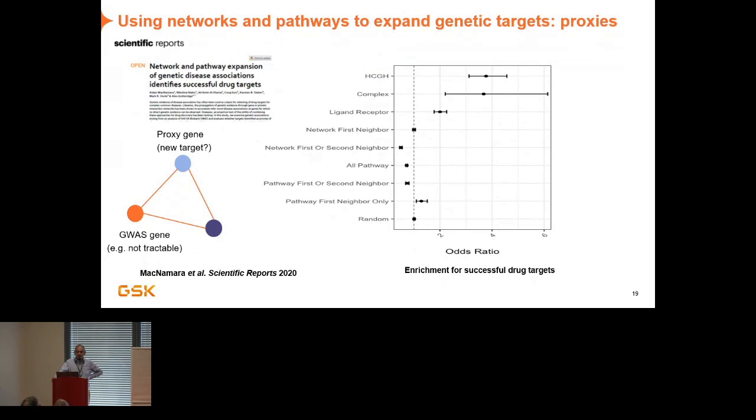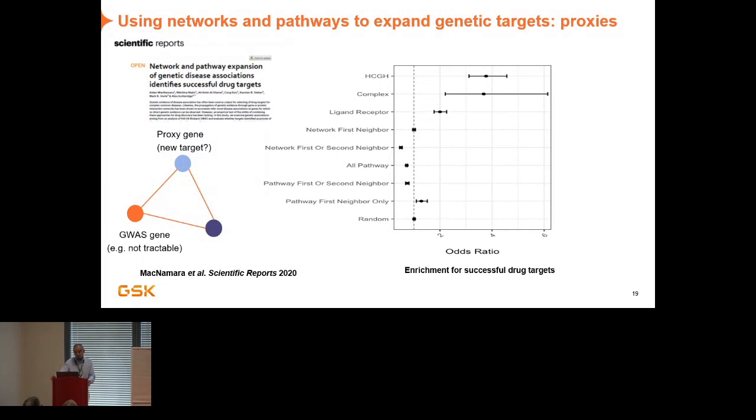The way we are thinking about it is that we can have what we call a GWAS gene, a gene we are confident is the gene, given the genetic signal for a certain disease. But that gene may not be very tractable by a small molecule or a biologic, for example. So we've been looking at what we call proxy genes, genes that have some form of relationship with that GWAS gene, and asking can those genes be a new target. The way we looked into that was doing enrichment, using a benchmark of successful drug targets.